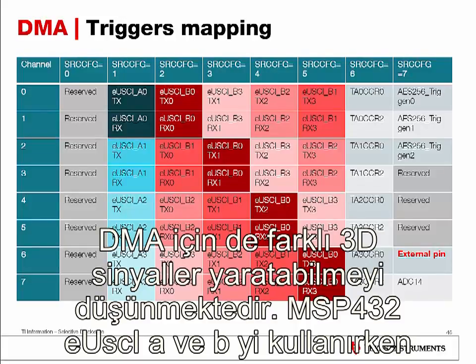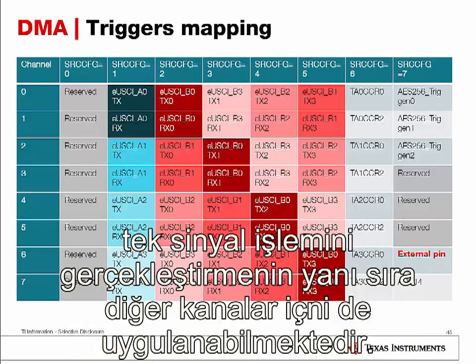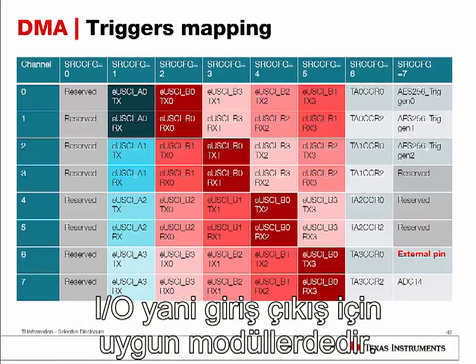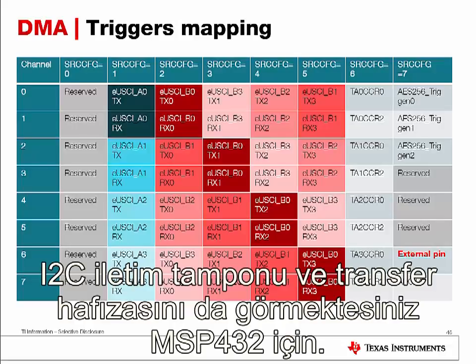For example, you can configure the ADC to sample the signal from an ADC channel, and when that conversion is finished, the DMA can take the value from the ADC memory results over to the SPI transmit buffer. Vice versa, you can also configure the DMA to receive the data from an I2C receive buffer and transfer that